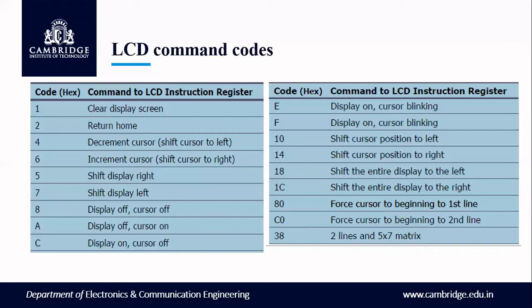Then wait for 2 lines, and again increment the DPTR to access the next character. Check means your display will be prepared for displaying on or not. 2 lines. 5 cross 7 matrix means 5 rows and 7 columns. Incremented. So this is how we need to understand the next command codes. So if you want to initialize your LCD, a set of command codes should be written onto